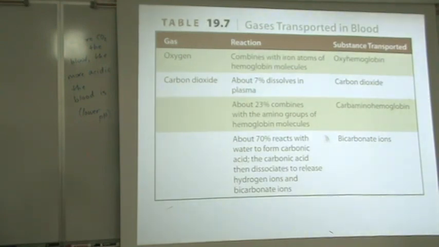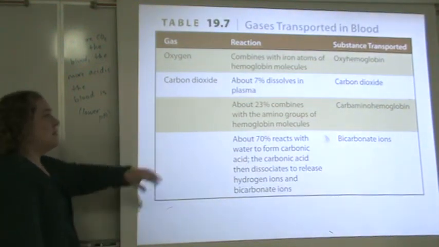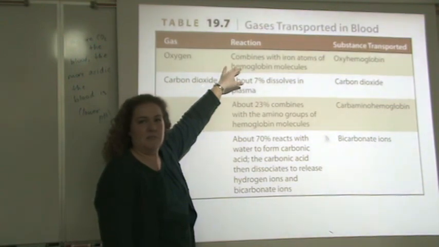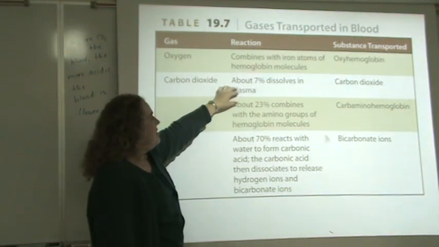This is just a review. How do blood gases travel in the blood? So for oxygen, it's riding around on hemoglobin, jumps on and off the bus, doesn't change forms. CO2, some of it